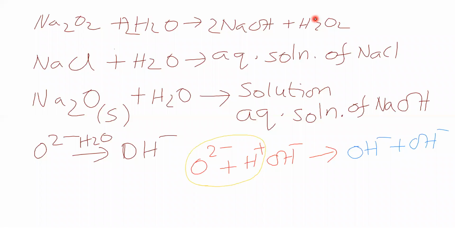Now this oxide is a base. This oxide is called a base since it has taken H plus from water. Which base? Whether it is a strong base or weak base or very weak base. This basic strength is greater than water, therefore it acts as a base. Then this equilibrium lies almost right.